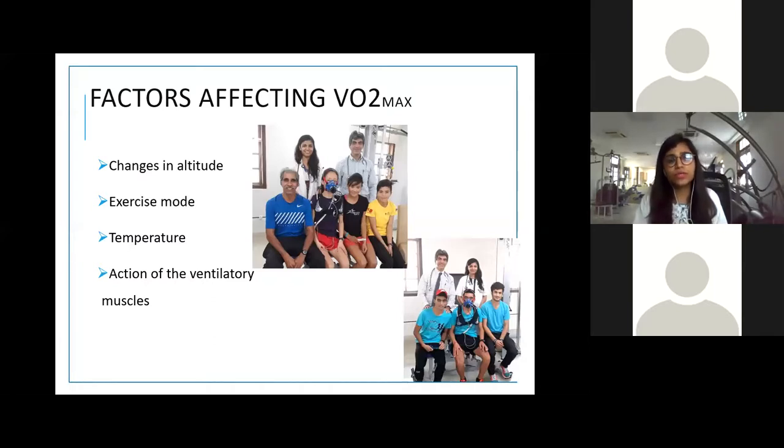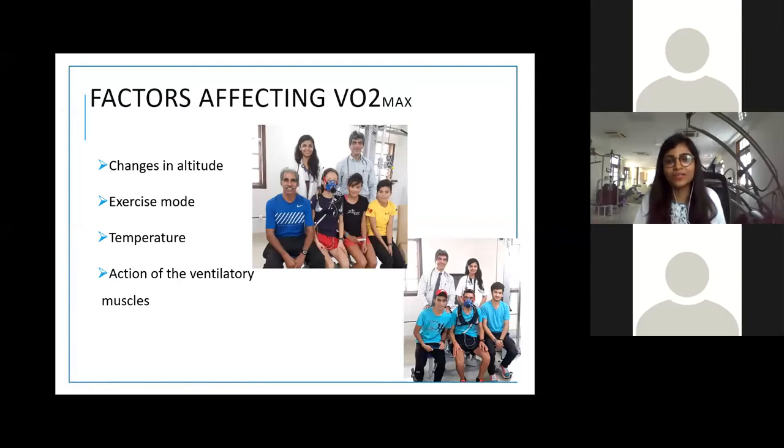So it is known that as you go to higher altitude, the pressure of oxygen is less. If people are living in that area, it stimulates erythropoiesis, and that's why it is known that if people live at high altitudes and train at sea level, it gives you better values of VO2 max. Now if you see all these people in the picture, they are all from Ladakh, and